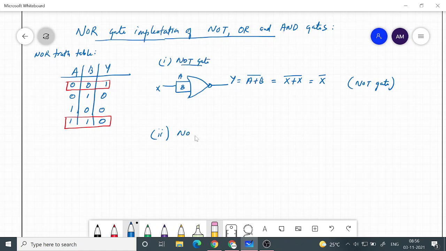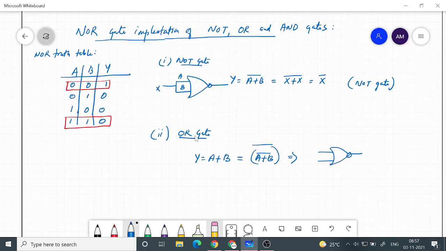OR gate is what? Y is equal to A plus B. But NOR gate will do what? It will give you (A plus B) bar. So if you take one more complement, you implement it. So we take a NOR gate.